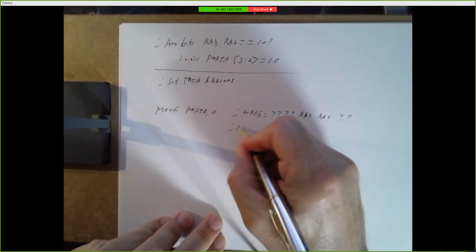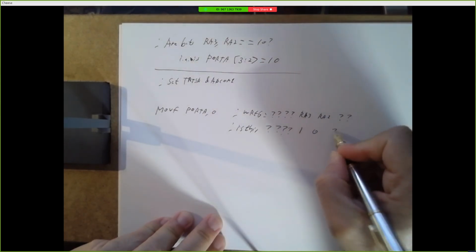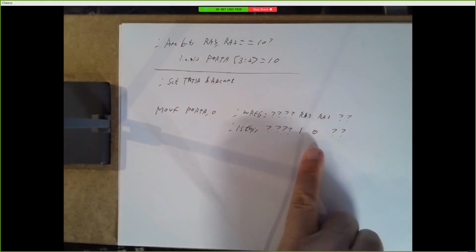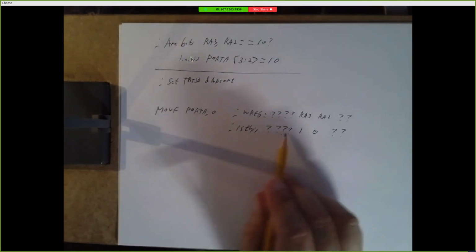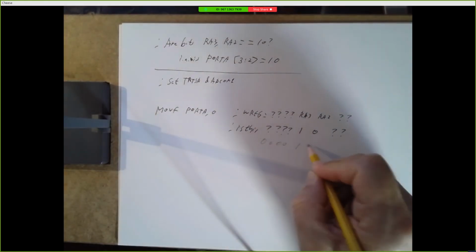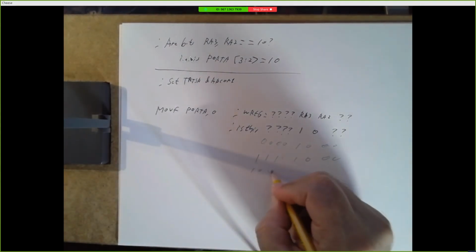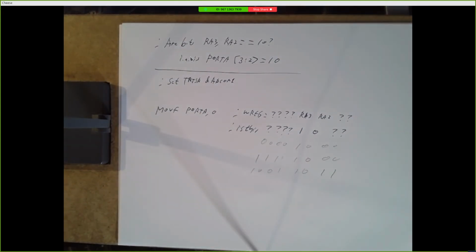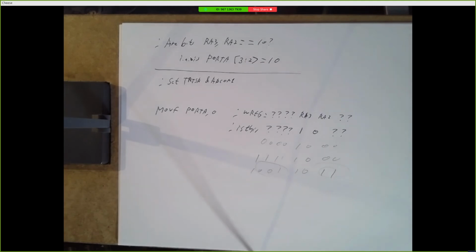And we want to know, is this something with this bit pattern? Is this bit a 1 and this bit a 0? Well, it's really hard to know right now because I don't know what these other bits are. This could be this, or it could be this, or it could be that, right? Since I'm not using these, since they're not meaningful to me, I can't just say, is my W register